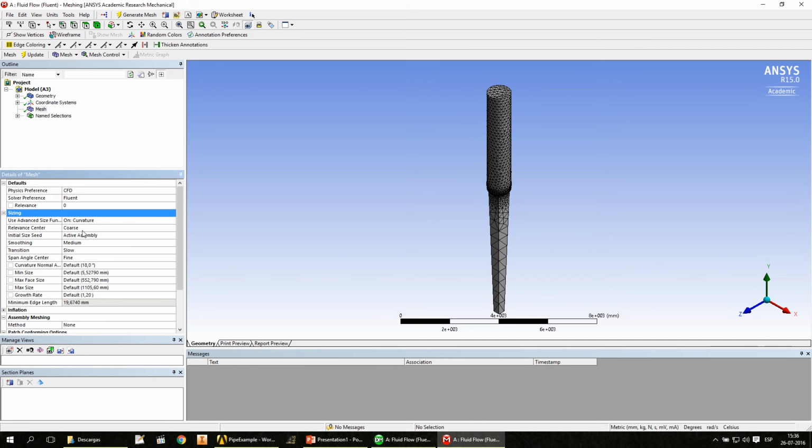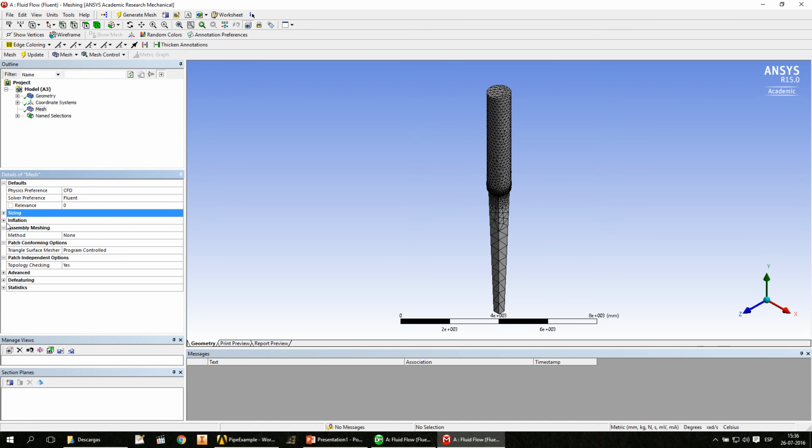You can select the sizing. You can select the assembly inflation. What is inflation? Inflation is some kind of mesh defining on narrow places, on not narrow places, on the corners of the geometry. Okay, I'm not going to use inflation because I don't need it, but I want a